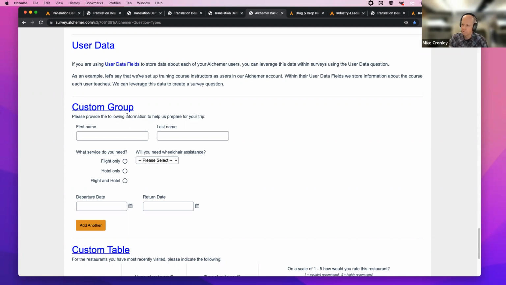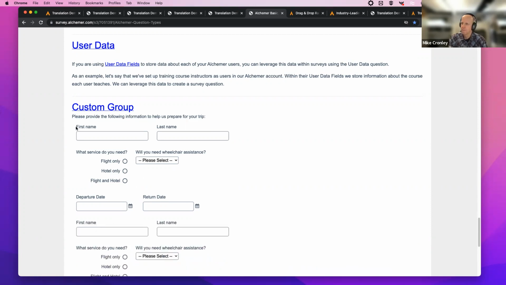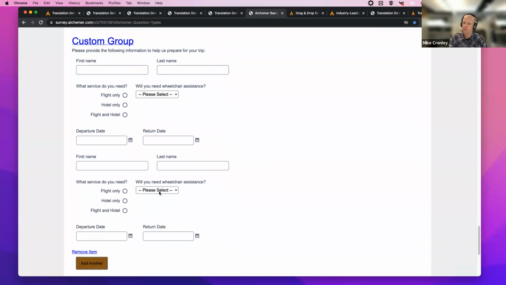And the other thing, and this is all in the documentation, you can add another for the respondent. So in this example, let's say I'm going to do one trip and I've got another trip, so I'm going to add another set of data. You can set that for a respondent to be dynamic, to repeat and add.